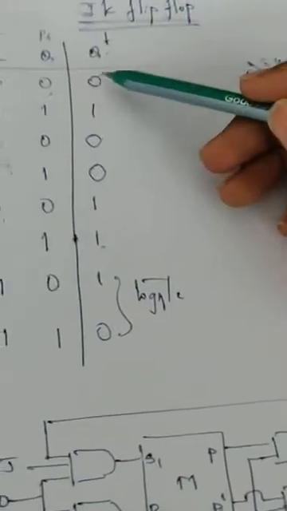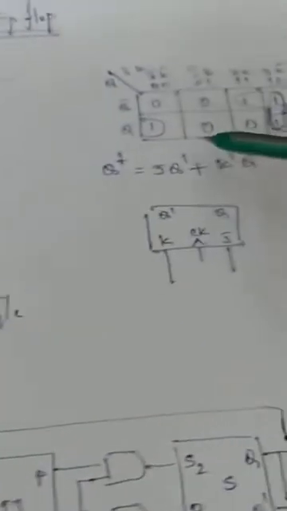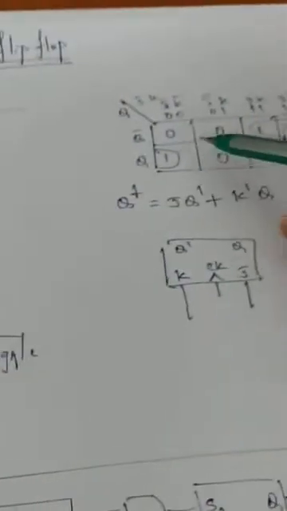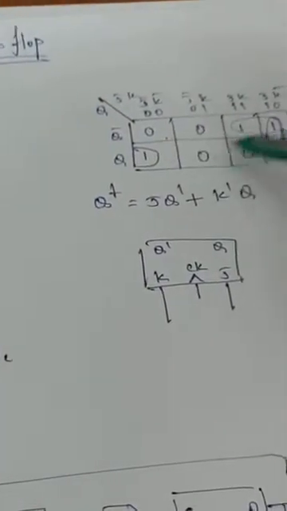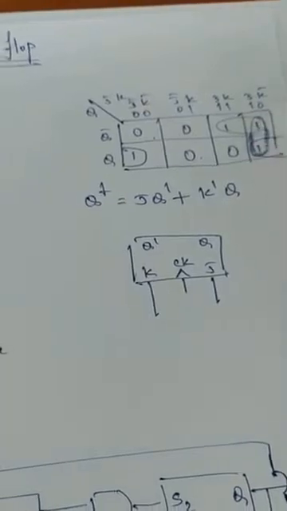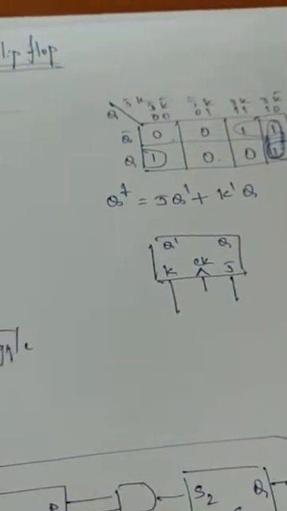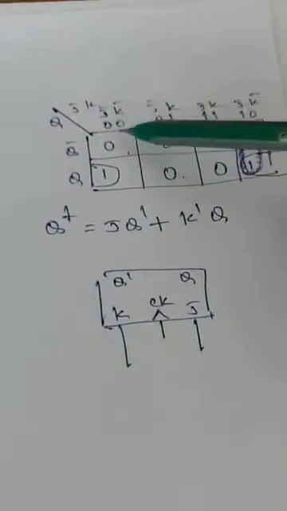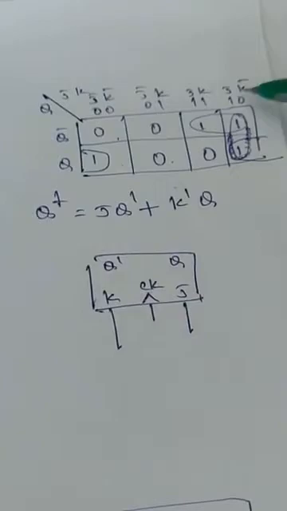So keeping this particular column, we have plotted a K-map here. So this is 0 1, 0 1, like 0 1 2 3 4 5 6 7. Like this I have filled the K-map. I have plotted J bar K bar, J bar K, J K, and J K bar.